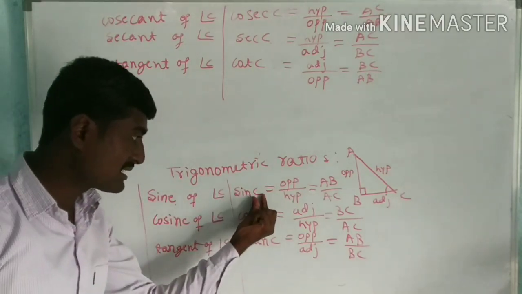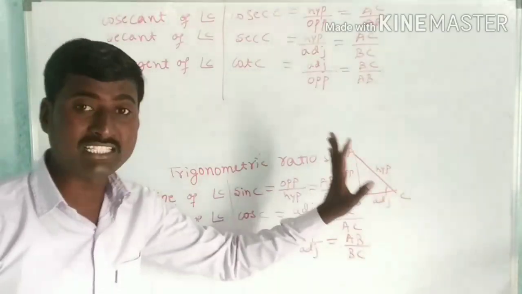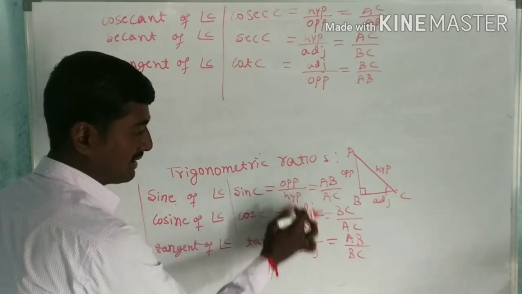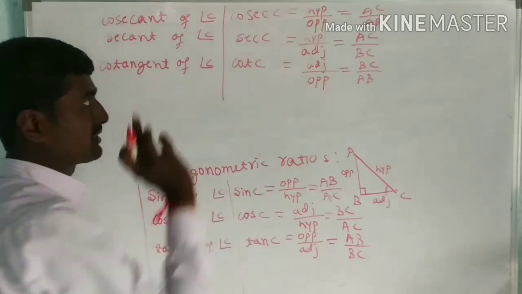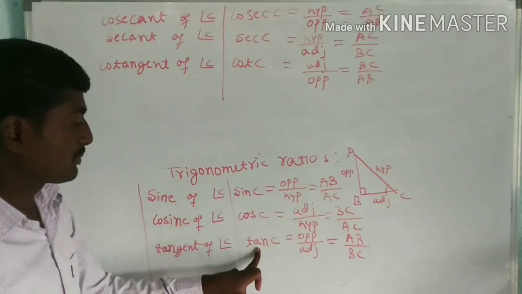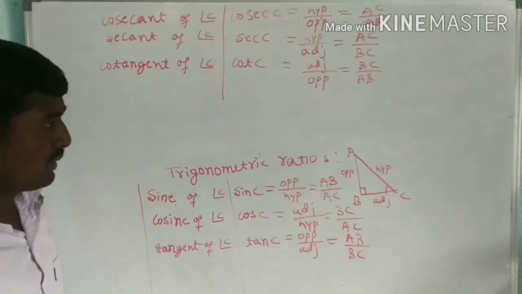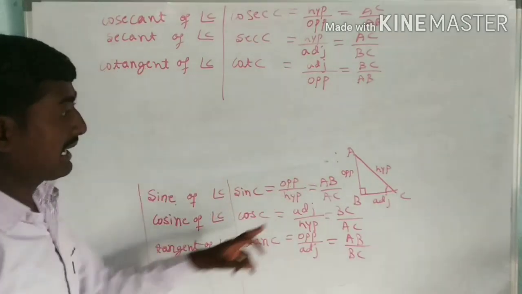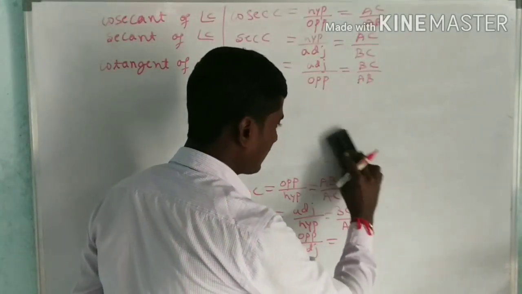These are the relationships between the angles and sides. I have taken here angle C only. For this angle C I can write this. These are fixed. These are the definitions of sine, cos, tan. Here also these are the definitions of cosec, sec, cot. Reciprocal of sine is cosec, reciprocal of cos is sec, then reciprocal of tan is cot. Otherwise you can say it in reverse also; both are the same. Now let us take a right angle triangle with angle A. We are going to find the relationship.